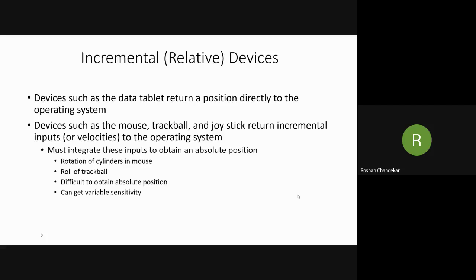Incremental means what? In the mouse we get the incremental input from where we select the object. In the trackball we use the same procedure. By integrating this input, we obtain an absolute position, from the rotation of the cylinder in a mouse or the rolls of a trackball, and we can get the position from the two devices.